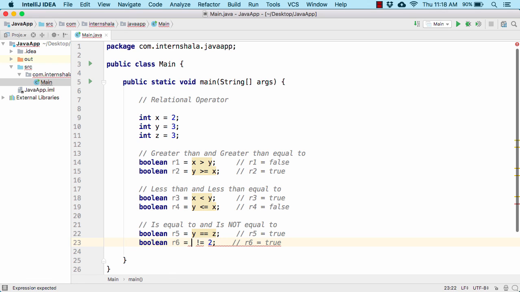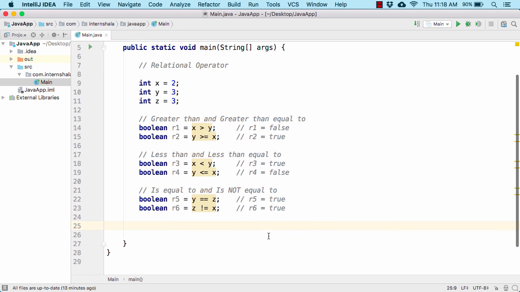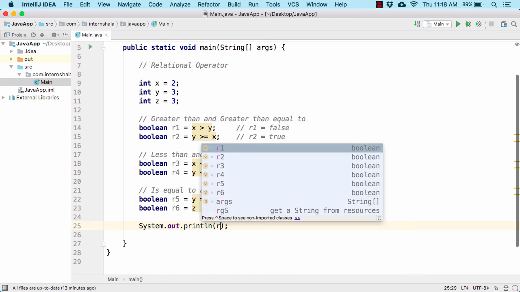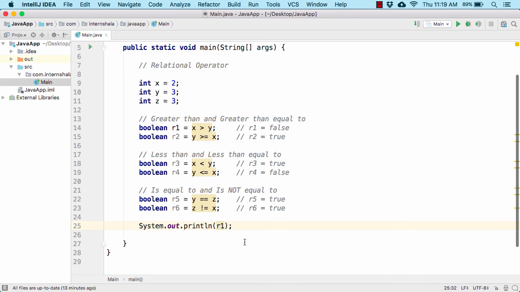So instead of 3, let us use z, and instead of 2 let us use x. Now you can verify the output of R1, R2 till R6 in the output console by simply printing out the values. Let us use the sout statement, that is our print statement, and one by one print out the results.